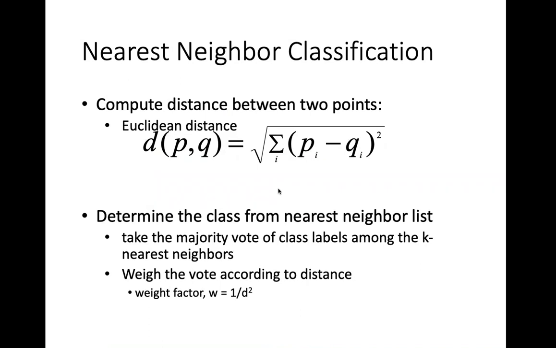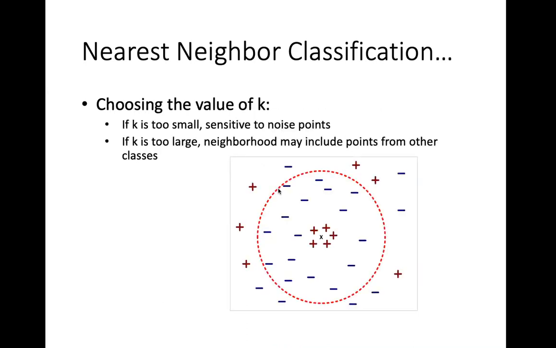So you compute the distances and you find out the class from the nearest neighbor list, and you take the majority vote of the class labels from the k nearest neighbors. Okay, there are many ways of this. You can have k nearest neighbors. You can have only k equal to 1, that is the nearest neighbor approach and things like that. K nearest neighbor is supposed to be very robust. Okay, in a large statistical sense, it is supposed to be able to give us the classification with the least error rate. Okay, there are some very serious proofs about that in the important pattern recognition textbooks like Duda and Hart and things like that. But it's too much to go into those proofs now.